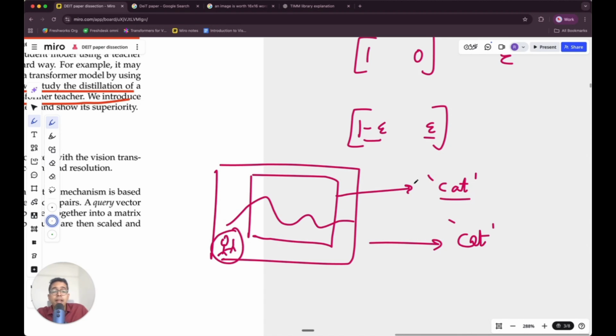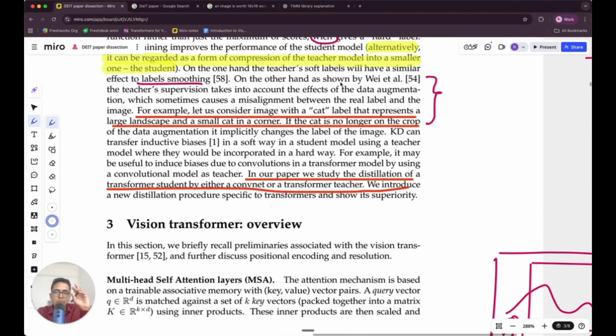So the teacher might not predict cat because the teacher is only seeing the image after augmentation, it's just seeing a landscape, right? So the teacher's softened softmax distribution may tell a different story compared to the ground truth, because the ground truth is based on the original image before augmentation, which was a cat. So that is what is being said here. So actually label smoothing